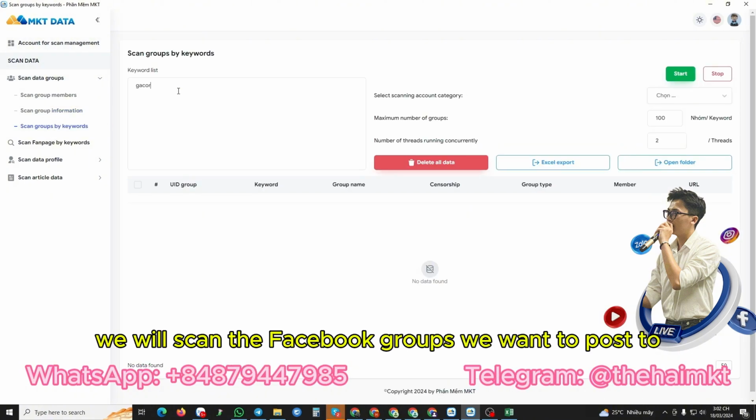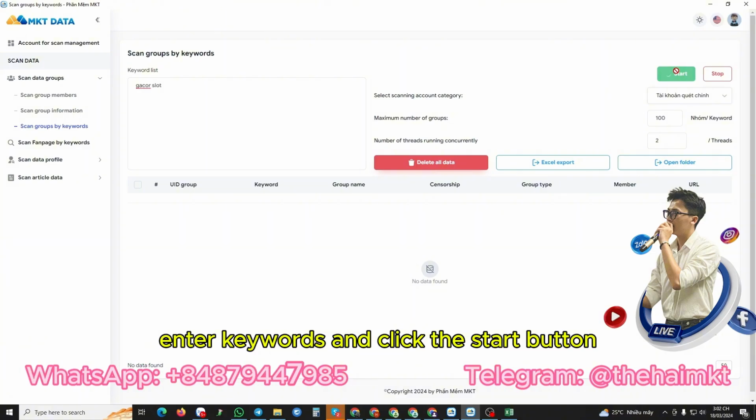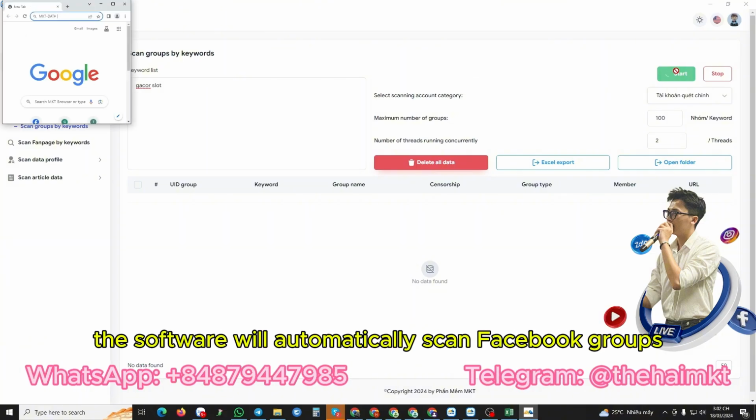First, we will scan the Facebook groups we want to post to. Go to Scan Groups by Keywords, enter keywords, and click the Start button. The software will automatically scan Facebook groups